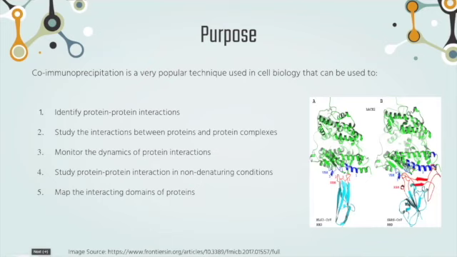The most important, or maybe I should say most direct, use of co-immunoprecipitation is identifying physiologically relevant protein-protein interactions. By using target protein-specific antibodies, co-immunoprecipitation can indirectly capture proteins that are bound to that specific target protein. These protein complexes can be analyzed to identify new binding partners, binding affinities, the kinetics of binding, and the function